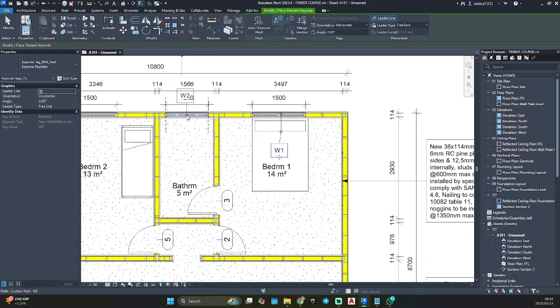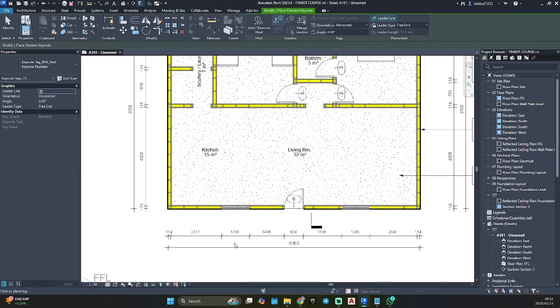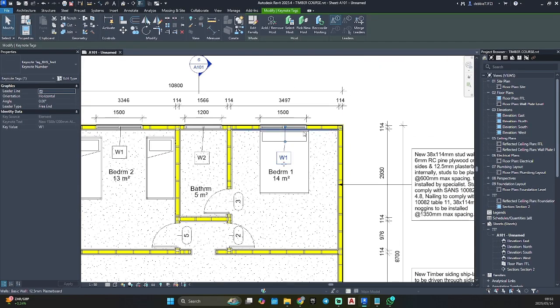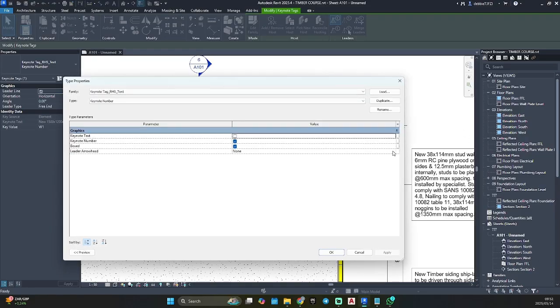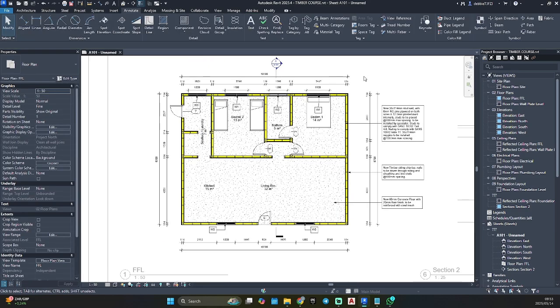And now we can do that. Add it on plan as well so your contractor does not get confused. Just going to okay, there we have that.